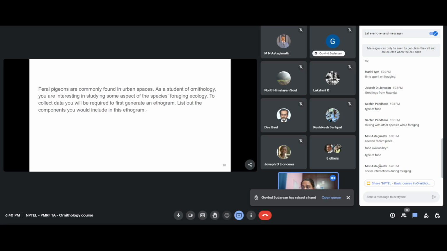Okay, social interactions during foraging, yes, that is also important, because of how many individuals are feeding in one area. There is a really neat way of seeing how efficient group foragers are based on the time spent in vigilance, the time spent searching for food, and the time spent actually eating the food. And this depends on the group numbers as well. So what would you actually expect?